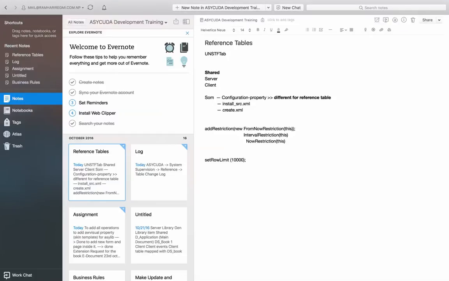Reference tables. I explained this when I was talking about the reference tables with two columns for points. Okay, this will explain it to you. We have this view, okay? Yes. So